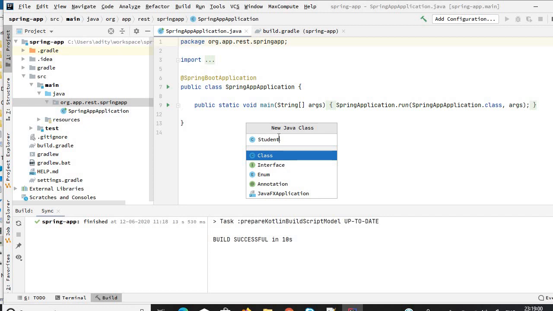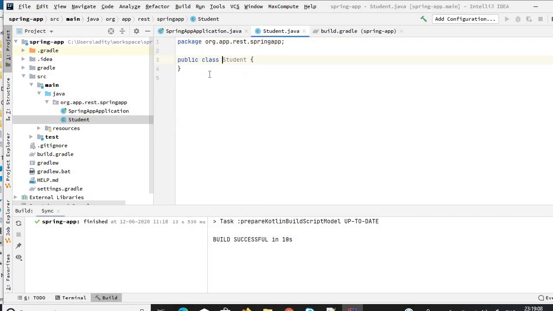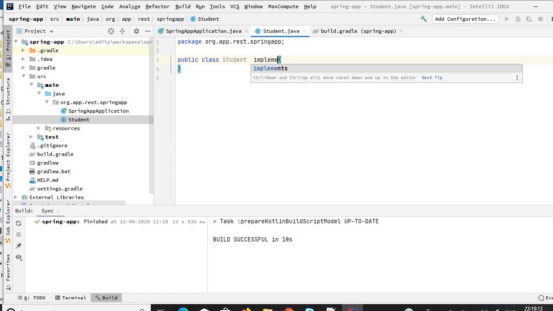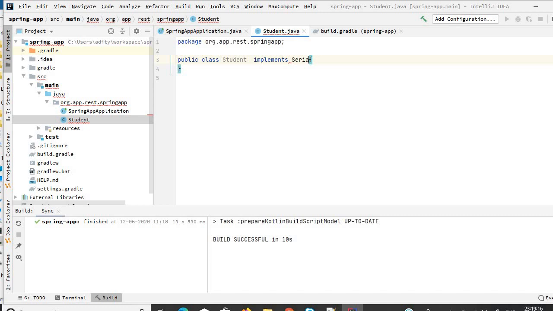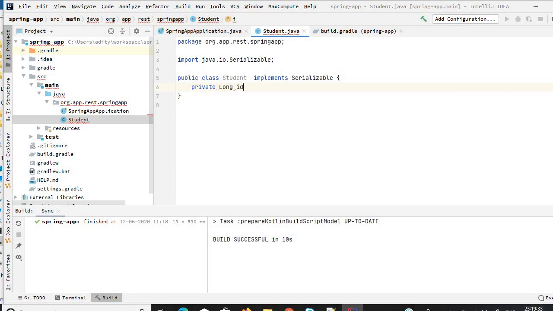The student would be one entity class which I'll be using in my REST service. So I'll make the class serializable, and inside it I'll be having three variables: rather, private long id, private String name,